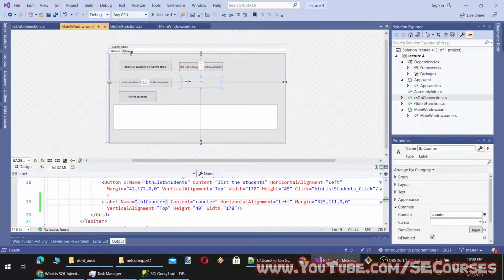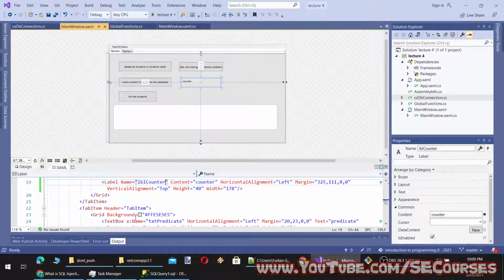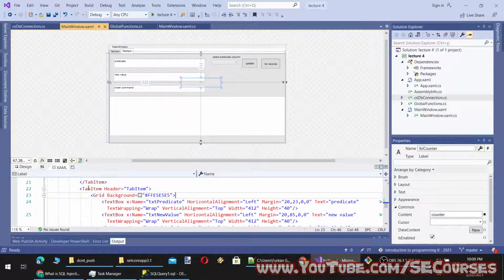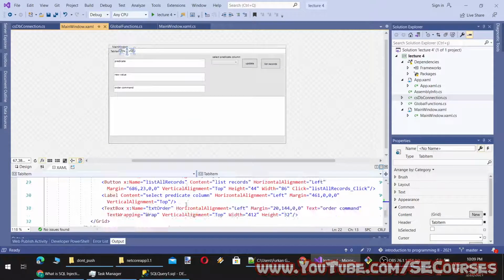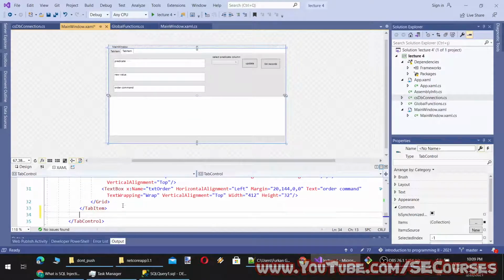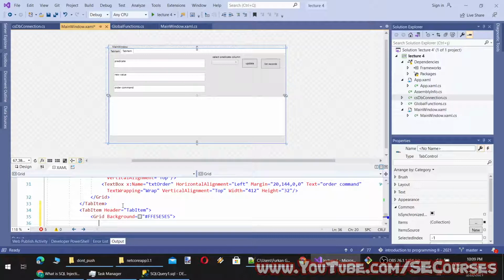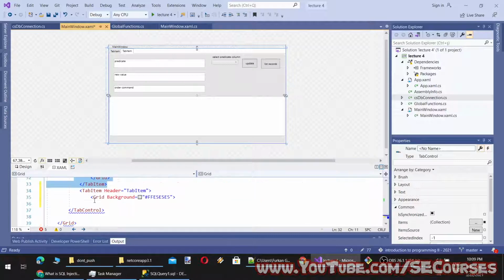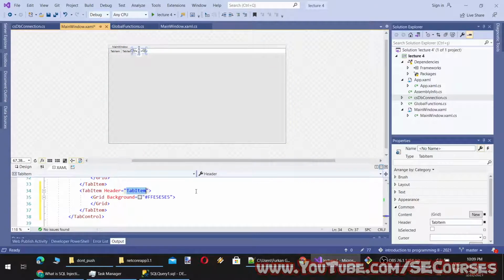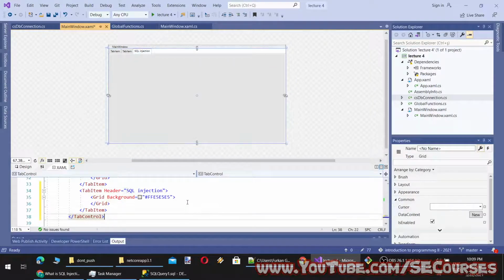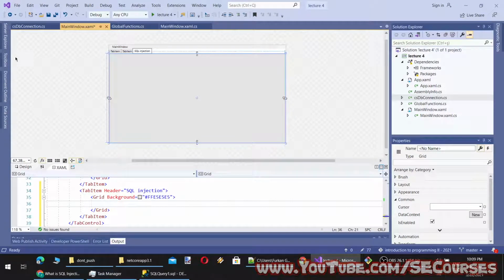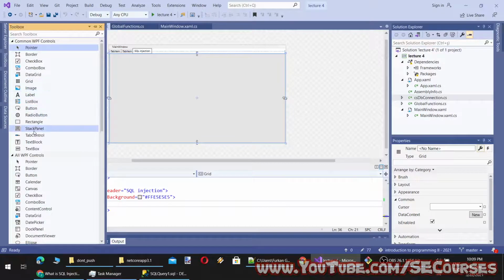And I will add another tab item to show that screen, which will be SQL injection vulnerable. And let's call the header SQL injection. Okay, and let's add a text box here.